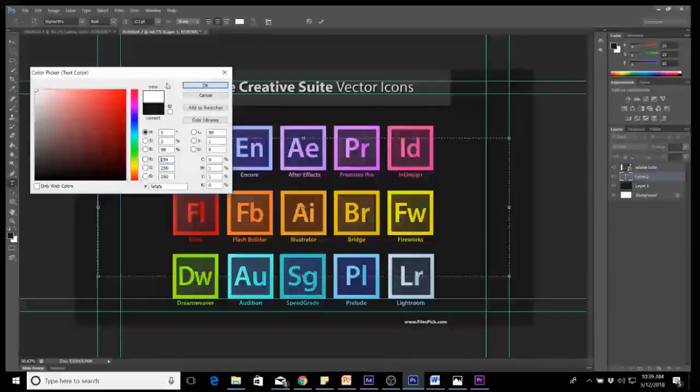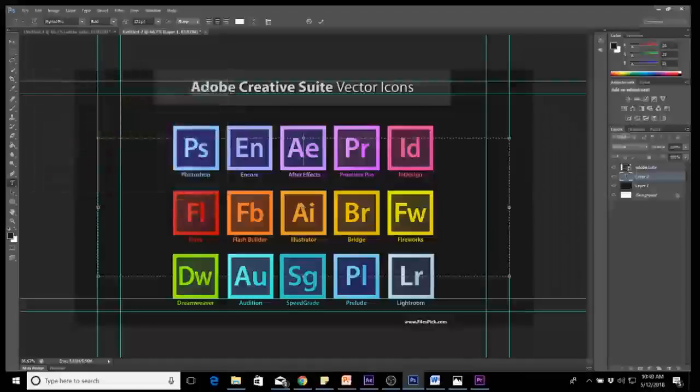I'm just going to tell it white, and tell it OK. Then now we're going to type in the big fonts. I'm using Myriad Pro, bold, and I have probably 120 up to font size. I'm going to type how to